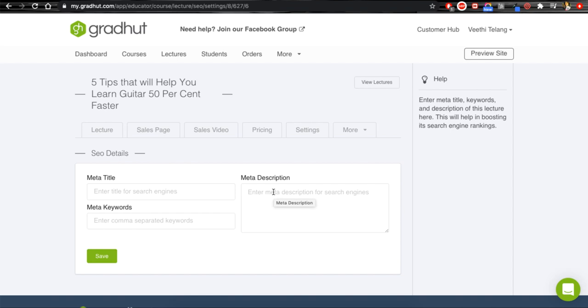These details that go just beyond the content of your lecture, you know. After all, your lecture is a product on GradHut and it should have all the necessary details that are required to make a lecture